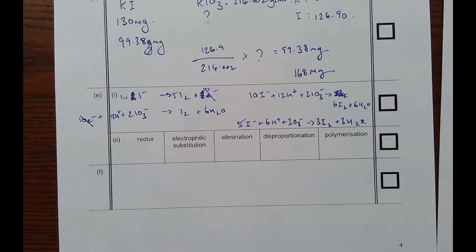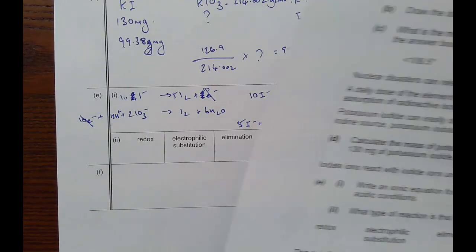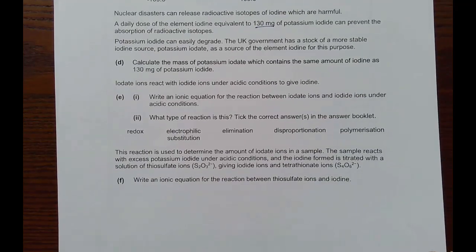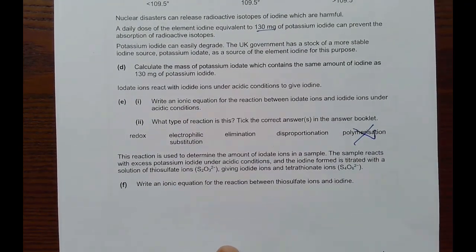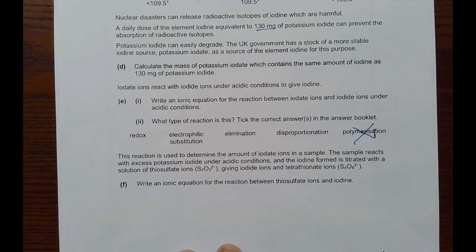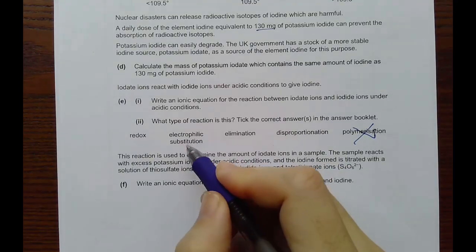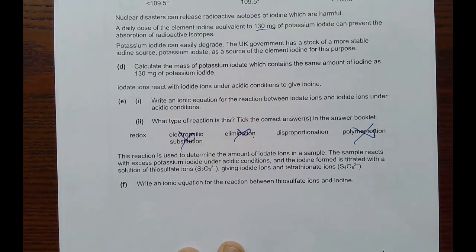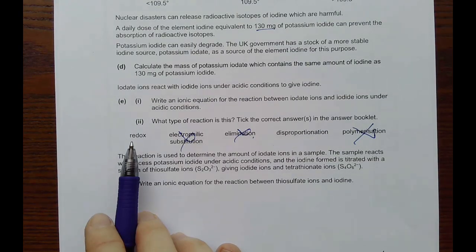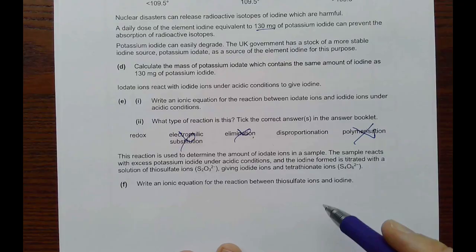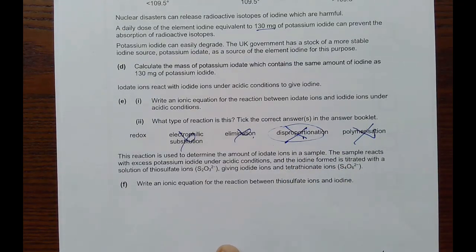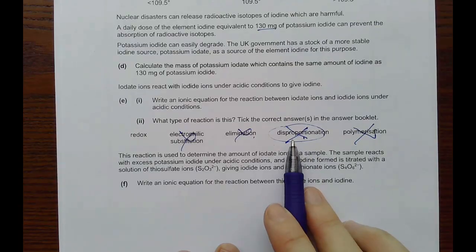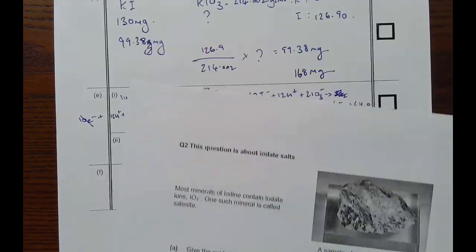Okay, so next we are asked, what type of reaction is this? It should very obviously not be a polymerization reaction. Then electrophilic substitution and elimination, those are organic reaction mechanisms, obviously not those. And then we've got redox and disproportionation. This is the key distractor here. This is not a disproportionation reaction. A disproportionation reaction, you might be thinking, hold on,